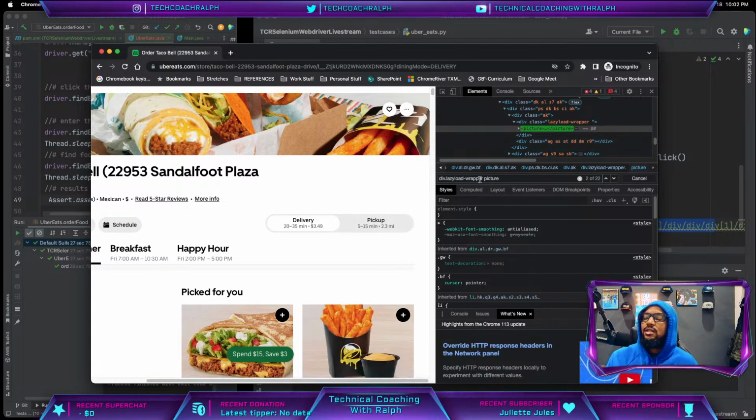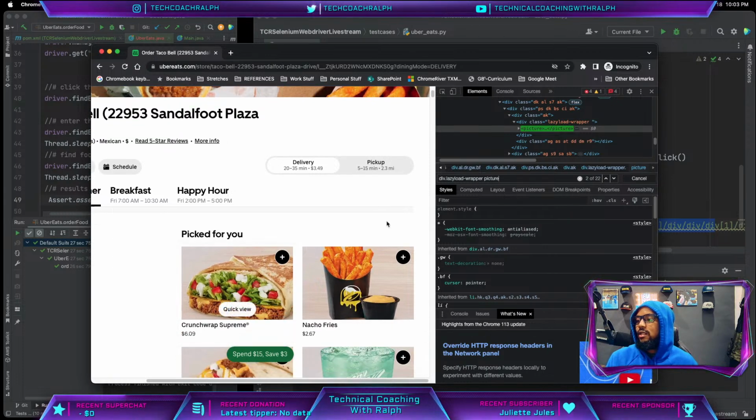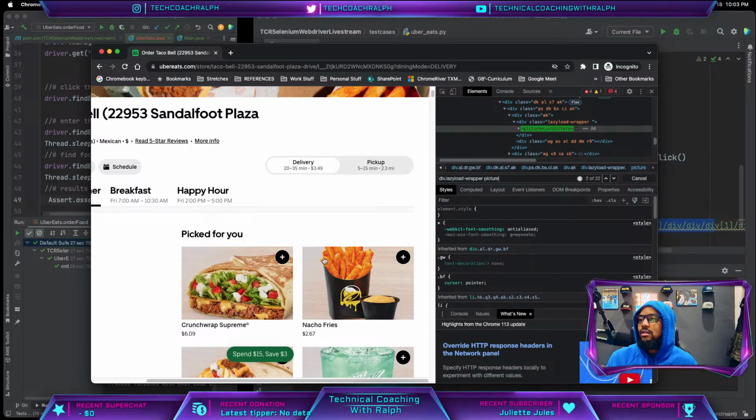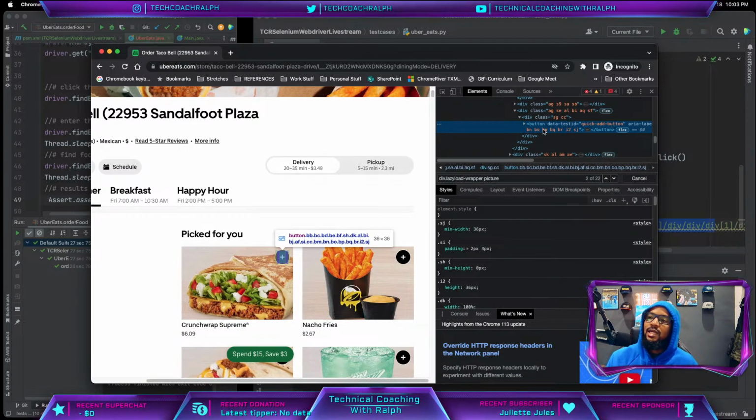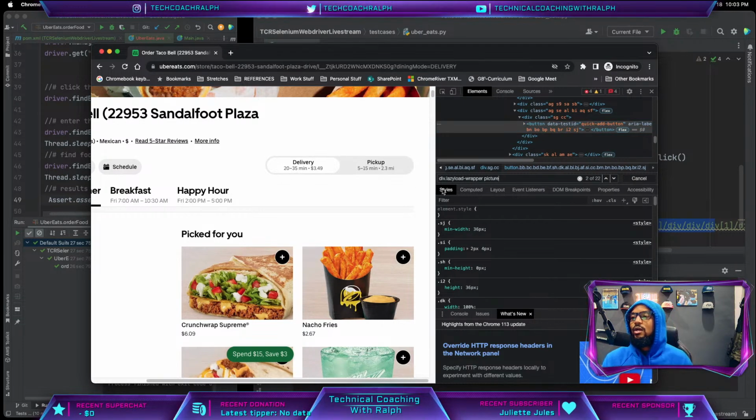So this is what we're gonna do, because we don't want to actually click on this picture because it's not necessarily this, right? Let's see what this add button is as well. Button. Oh, I don't want to do quick add. I actually want to click on the picture. So we're gonna use this type of XPath where we are going to